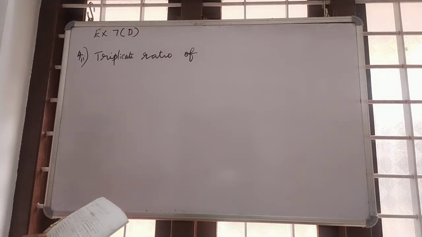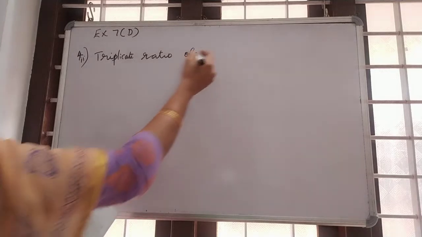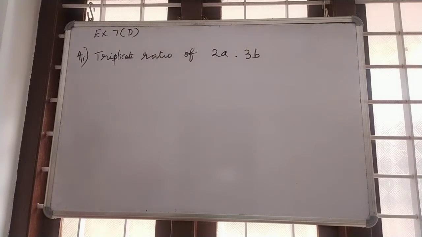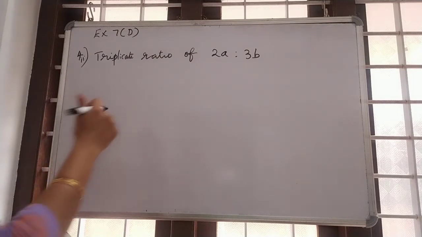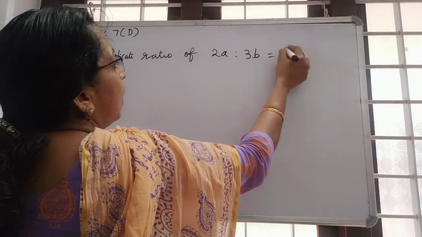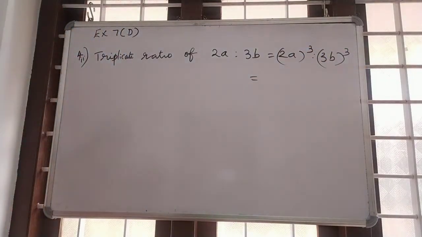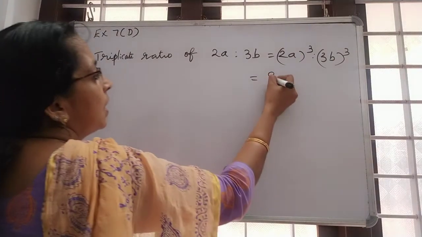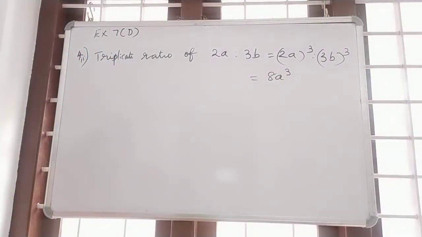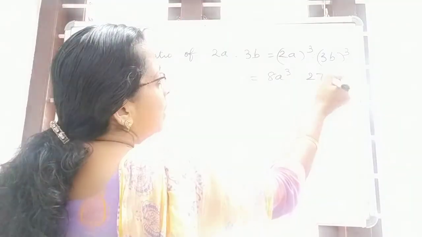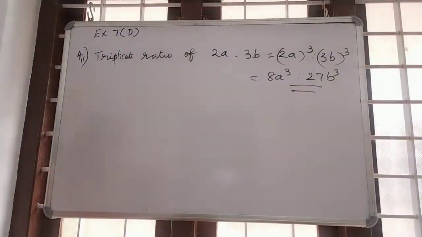For the second one, triplicate ratio of 2a is to 3b. Triplicate means taking the cubes. So how can we write this? This is 2a the whole cube is to 3b the whole cube. 2a the whole cube is 2 cube a cube. 2 cube means 8. So the answer is 8a cube is to 3 cube b cube. 3 cube is 27. So 27 b cube. Then the third one,